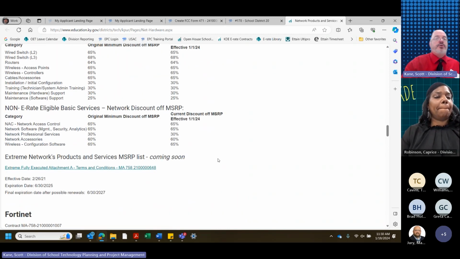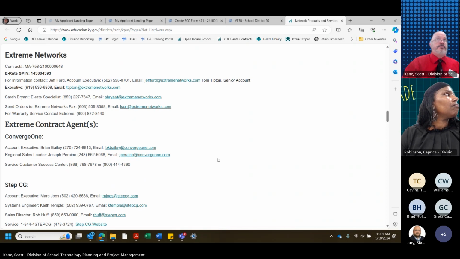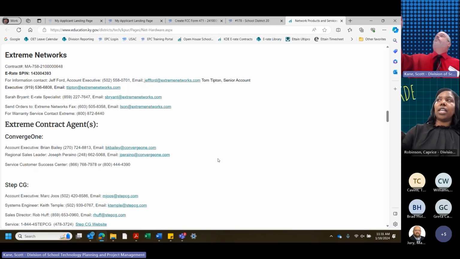There's going to be one or maybe two for each of the contract agents or the resellers, as well as if there is one listed for the contract holder as well. So yes, it's a little bit of a pain. You could have to go through the Form 470 process. Either way, it is what it is, unfortunately, at this point. We don't have a distribution list. I'll take that back as a suggestion. I don't know what kind of beast maintaining that is going to be, but you said we had a question.